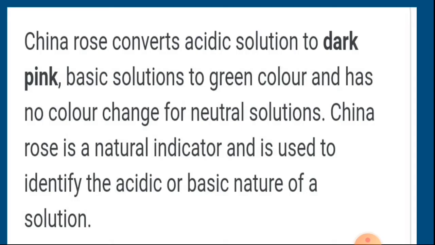China rose converts acidic solution to dark pink, and sometimes in some dilute acidic solutions it gives a faint pink color. Mainly in the basic solution it gives the green color, and has no color change for the neutral solution. China rose is a natural indicator and it is used to identify the acidic or basic nature